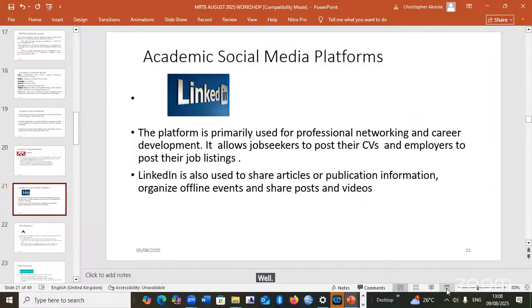But it's also used by researchers to share their articles or publication information and to also share posts about maybe their insightful findings and also organize events related to their discoveries or anything like that.